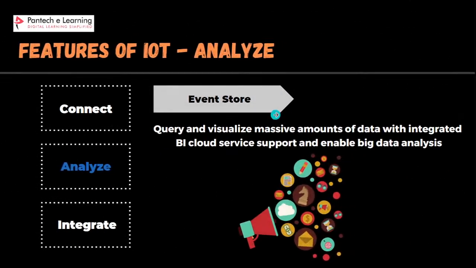Okay, the next one is store. Now in event store, basically any information that you want can be queried and visualized from the vast amount of data which is present on my cloud platform. This in turn can also help me to get better insight and analysis. If I have all the enriched data present on my cloud platform, I have a tool which helps me to identify what is needed. It helps me to analyze the data, visualize it and then identify it,